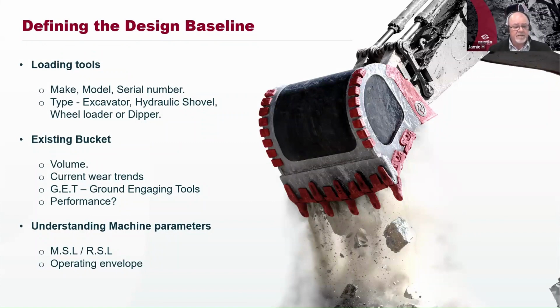It's essential to recognise that there are several aspects that play a role in establishing an accurate and comprehensive foundation for a bucket design. We have things such as loading tools. Details such as the make, model and serial number are critical for identifying the specific equipment configuration and ensuring precise compatibility with a proposed bucket. Also, machine type, whether it's an excavator, a hydraulic shovel, wheel loader or a dipper. Understanding the type of loading tool is fundamental, as each has unique operational characteristics that will influence the final